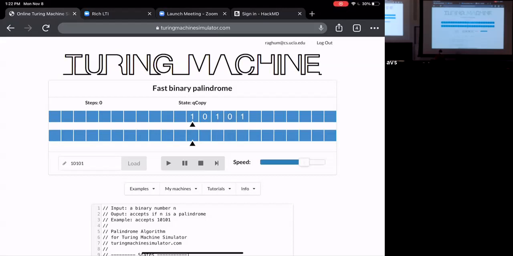So one simple thing I can do is maybe I just copy the string on the second tape in reverse, or just copy it as it is, but move the second head all the way to the end and always keep moving like this. Okay, so that's exactly what this implementation does. It's trying to copy the symbols exactly, and then it moves one head to the start. And now it starts comparing them.